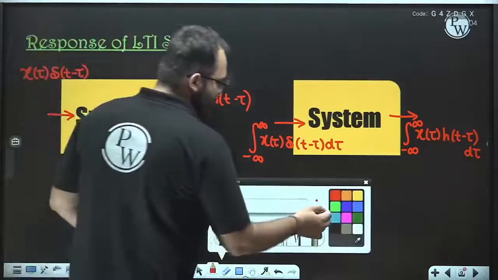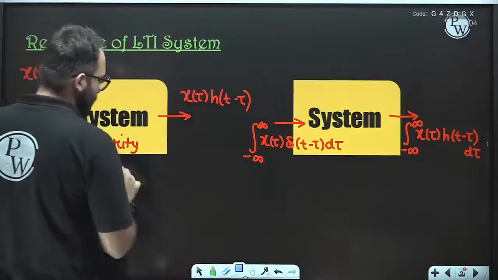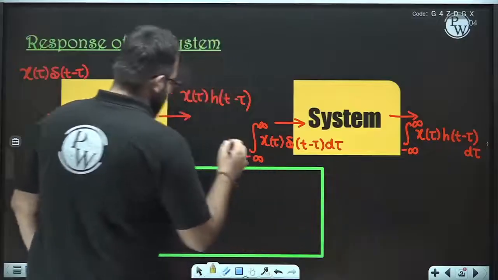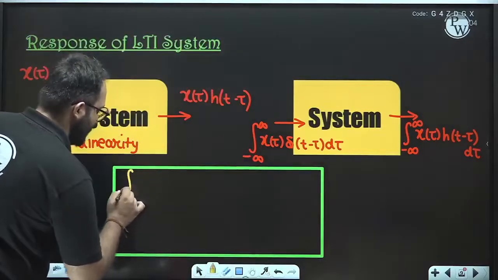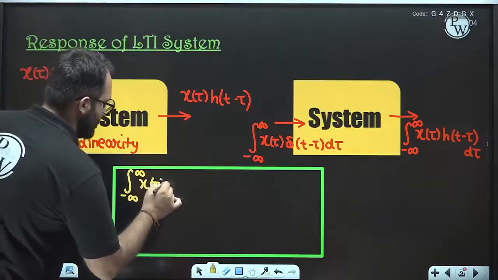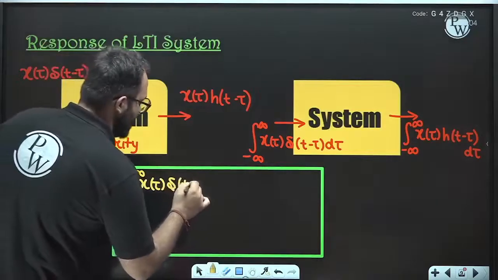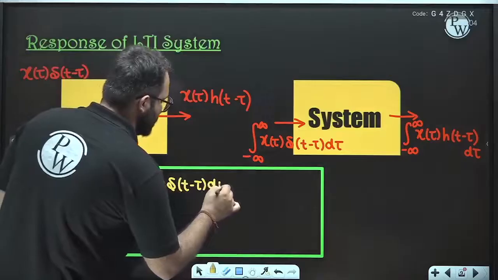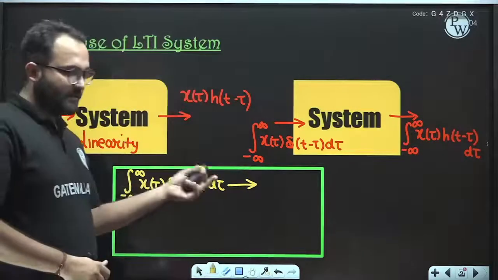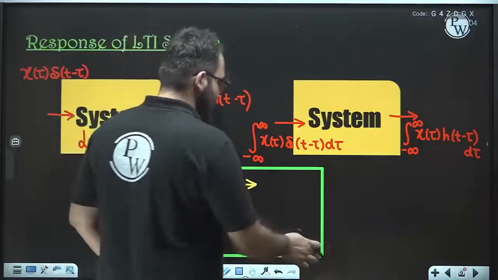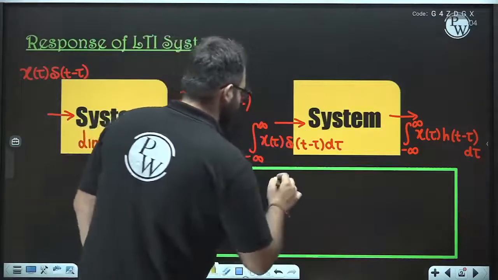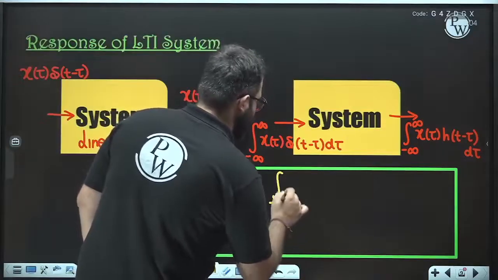So finally, what is the result that we got? The final result that we got is this: the integral from minus infinity to infinity of x(tau) delta(t minus tau) d tau. The response of this input is the integral from minus infinity to infinity